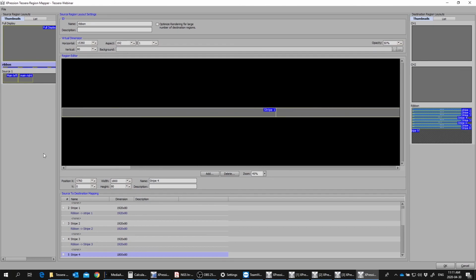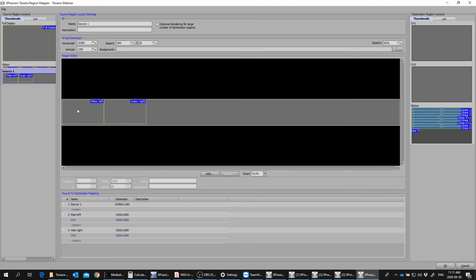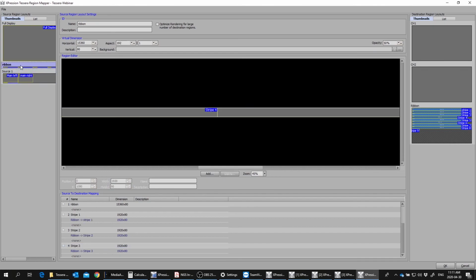So we'll go ahead and copy our stripes. So stripe 1, copy, paste. Now this one's a little different. The 0 position in this source relative to this source is the upper left of both of these sources. So this one's going to require us to make some changes. These are actually going to have to move, right? So region 1, which is stripe 1, is going to have to move to 1080 on the y-axis to be underneath main left and main right. So we're going to have to do an extra step on all of these ribbon sections.